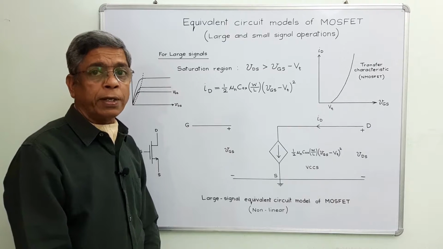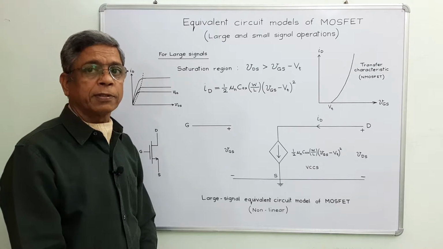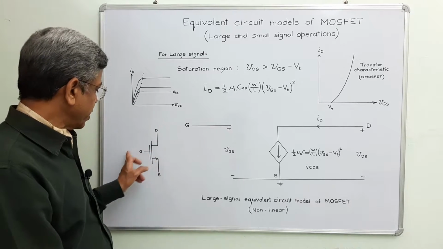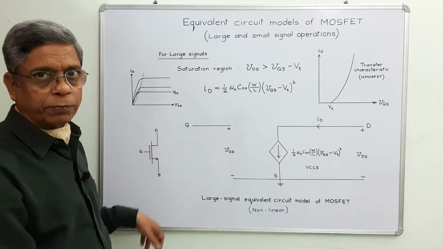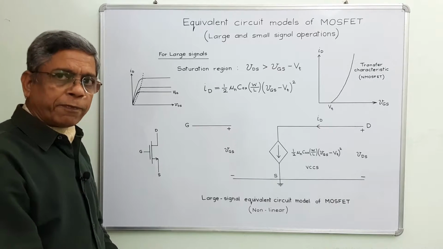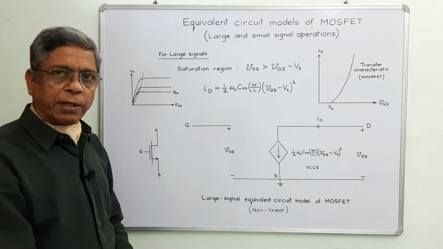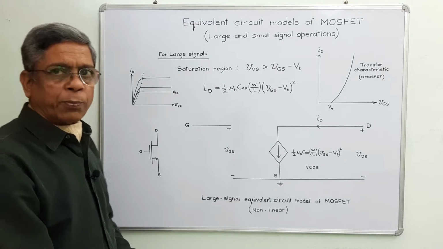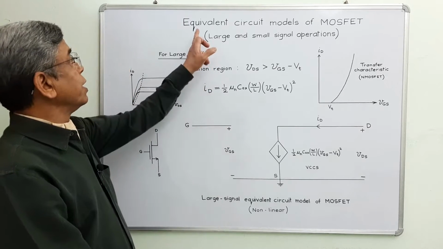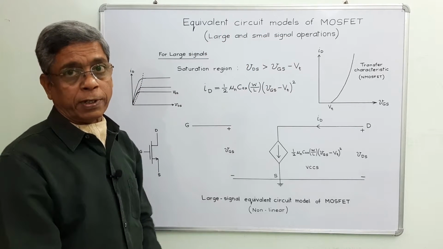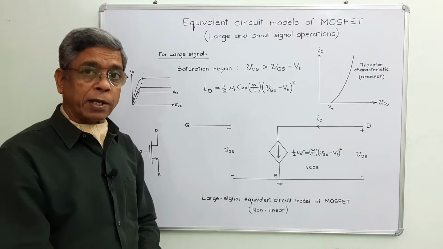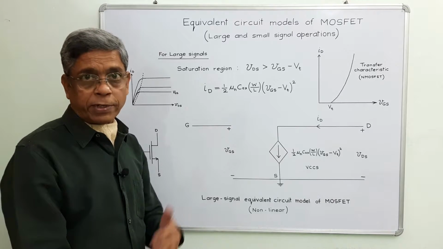MOSFET is the most widely used electronic device for digital system design. We have one symbol for MOSFET: drain, gate and source, which we generally use for making and drawing circuit diagrams. In fact, when we have to calculate amplification factors, input and output impedances, bandwidth, then we need one equivalent circuit model of MOSFET. So in fact, this is a transition from symbolic diagram to the circuitry of the MOSFET, which is hidden